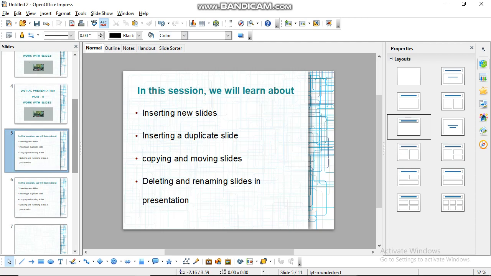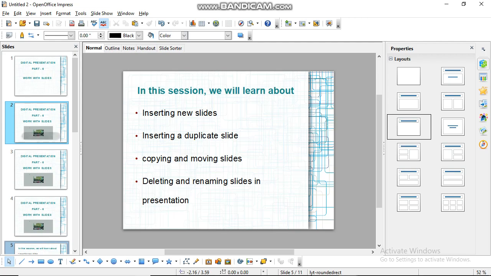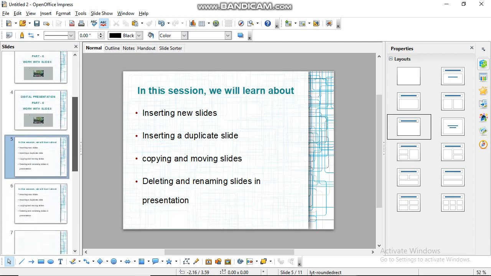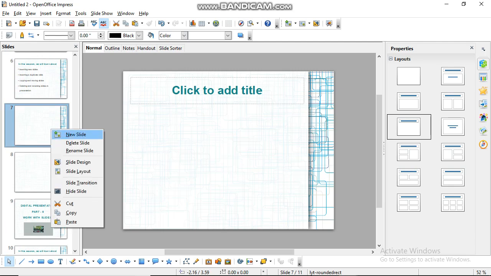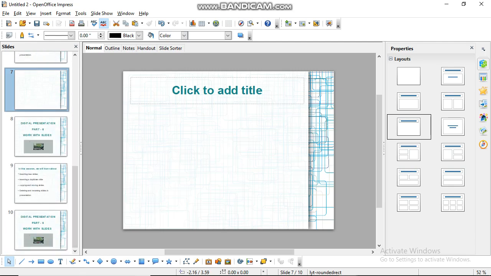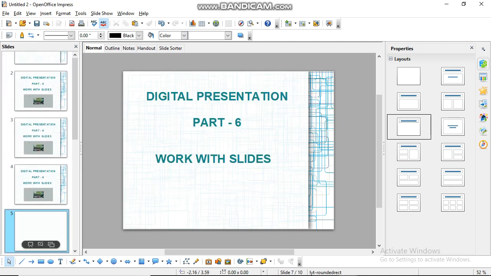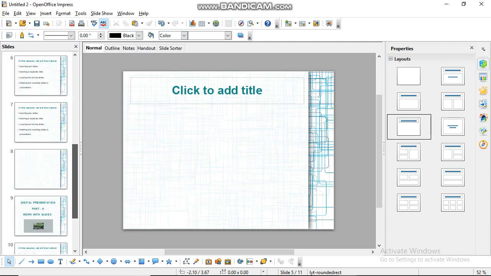Moving a slide means you can cut a slide and paste it somewhere else. For example, if I want to move slide 7, first I will cut it and then I will move it to the bottom. There I will paste it. So slide 7 has gone to the bottom.